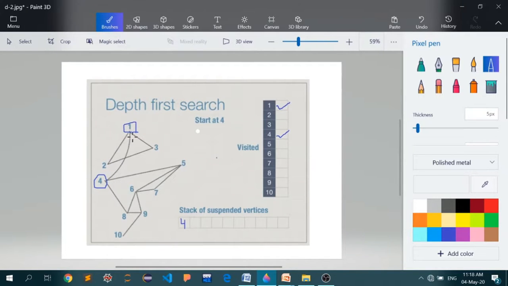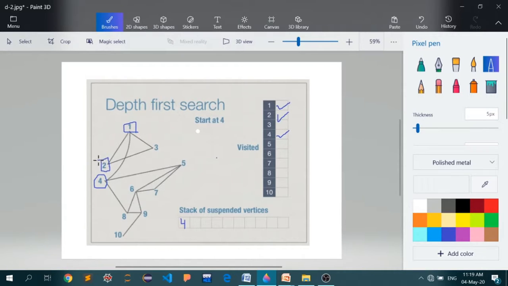Understood? Now I will look at the first vertex and at all of its neighbors. First I look at the neighbors, that is 2, 4 and 3. Now 4, as you can see, has already been visited, so I will not go into that. We have an option between 2 and 3. You can choose any one of them, so I will choose 2 now, and I will mark it as visited.